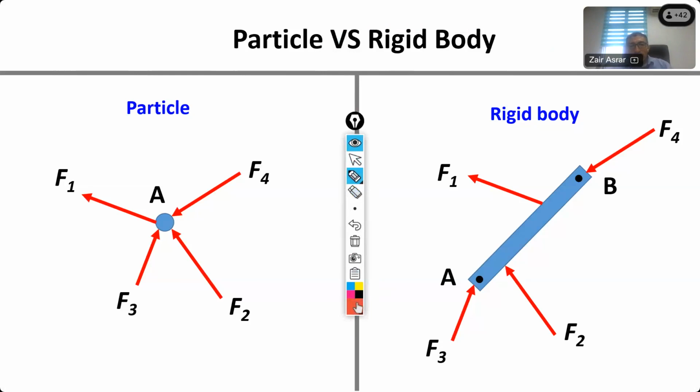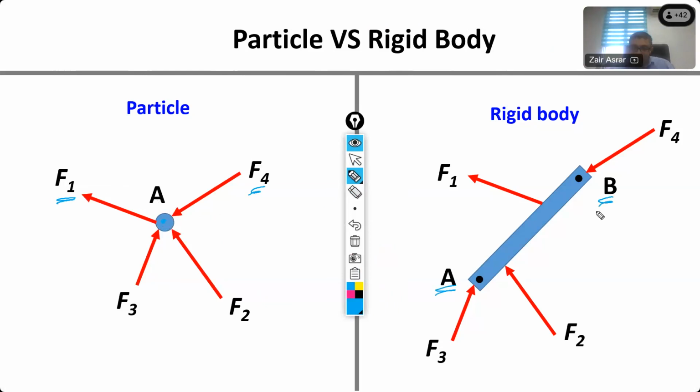So in this case, let's say we have F1 until F4 here, and all these forces are acting at point A. We can see that all of them are acting or intersecting at the same point. So if we want to do the same thing, apply the same magnitude and direction of forces on a rigid body, and that rigid body could be a body AB.